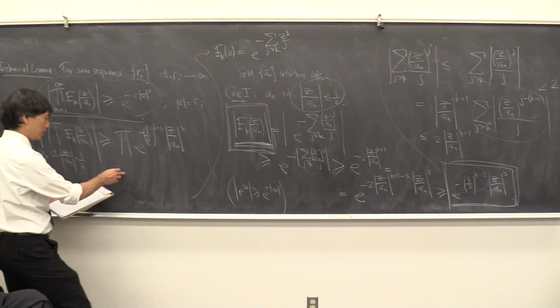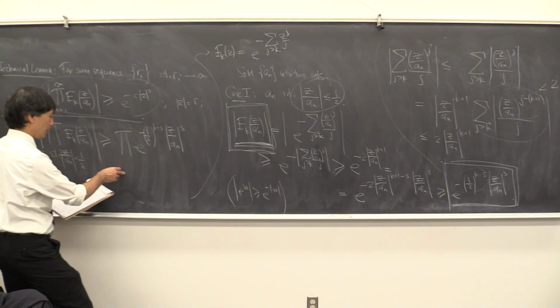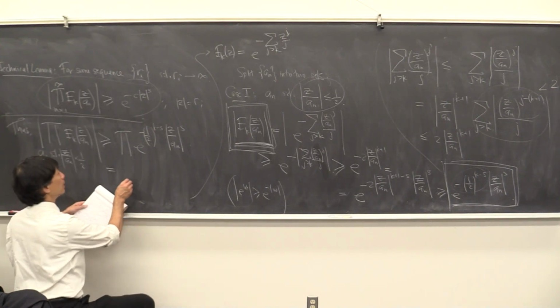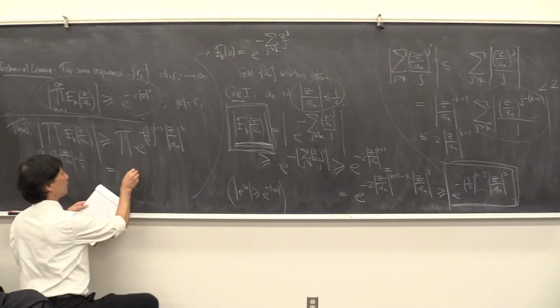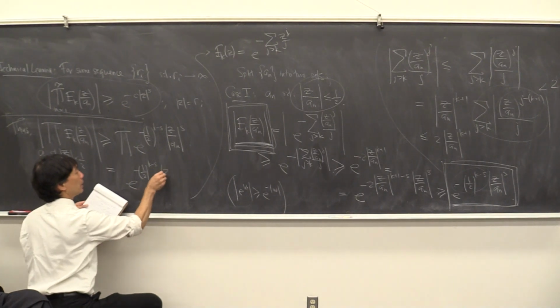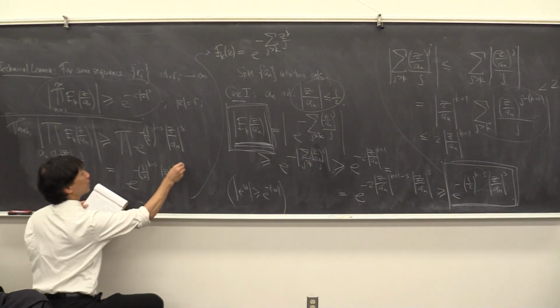But you see what happens, that's the same thing as e to the negative 1/2 k minus s, absolute value of z to the s,